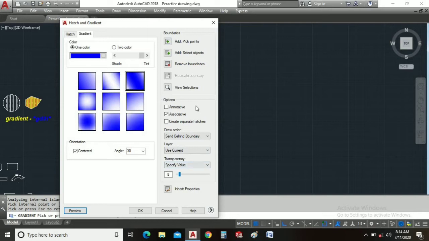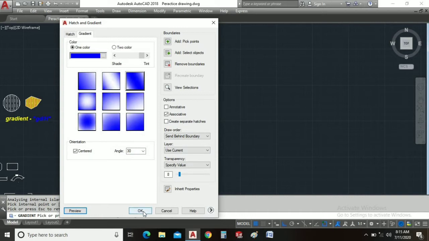We have understood that hatch and gradient are used similarly. All the features of hatch and gradient are almost similar, but the difference is we use the hatch command to fill the space by lining, and we use the gradient command to fill that space in a solid with a combination of one or two colors. Then press OK.